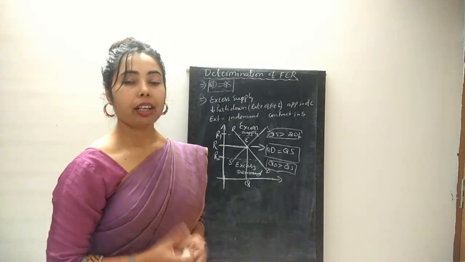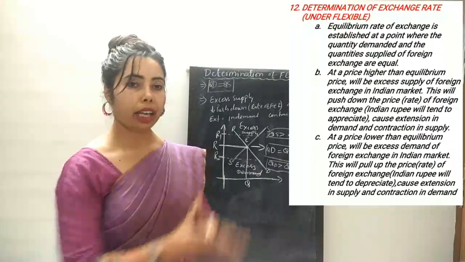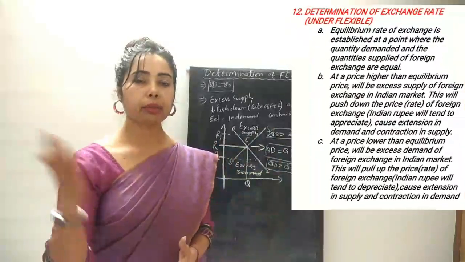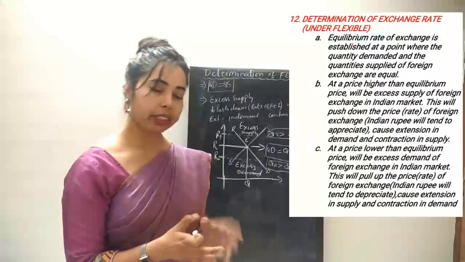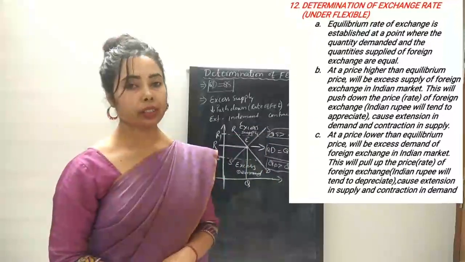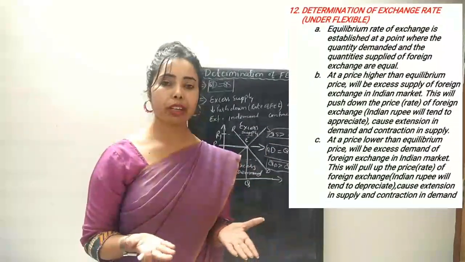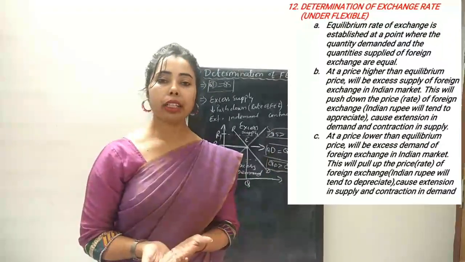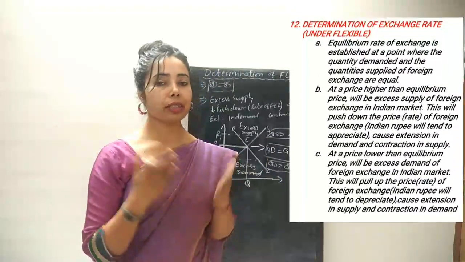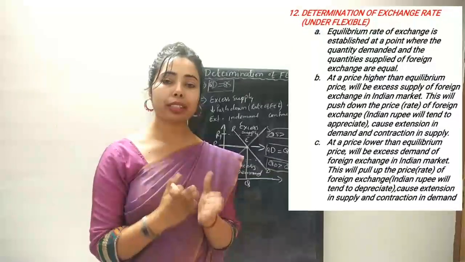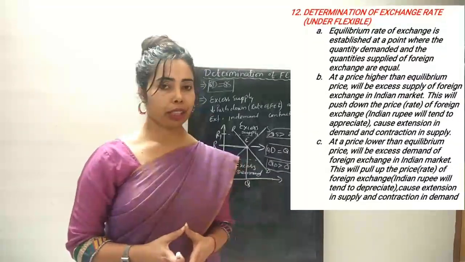So suppose today in the market at a certain point total demand and total supply become equal. That rate will be determined as the foreign exchange rate for that day. Say 60 rupees. How have we set 60 rupees? The total demand of the foreign currency and total supply of the foreign currency met at rupees 60. That's why 60 has been determined as the foreign exchange rate.